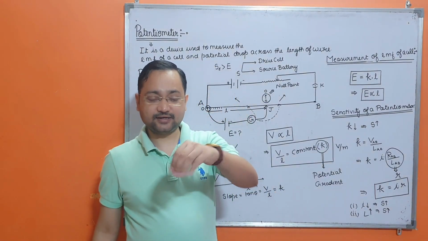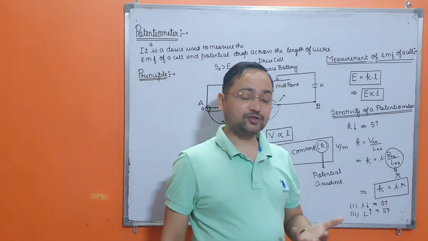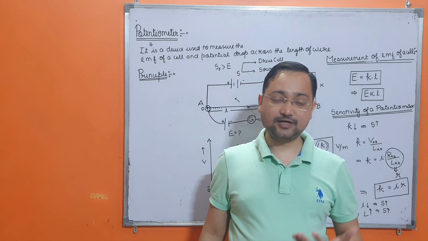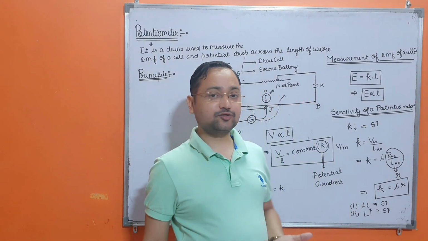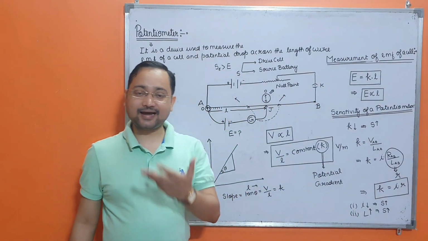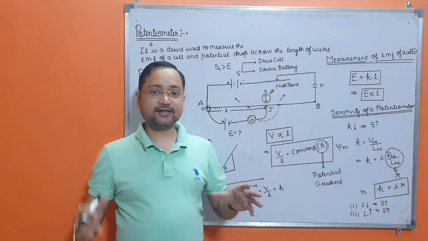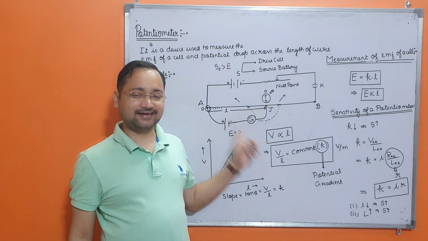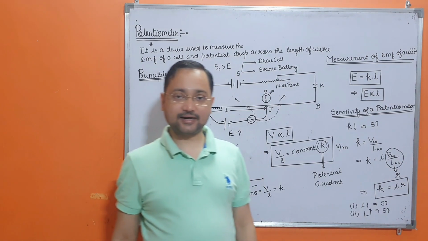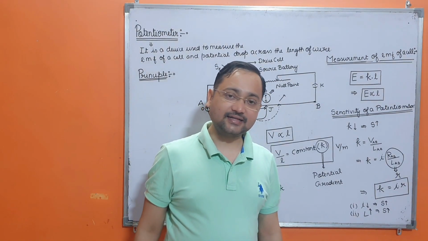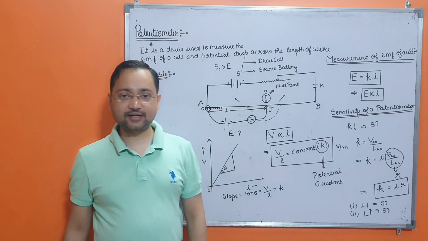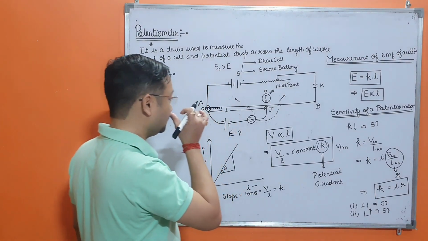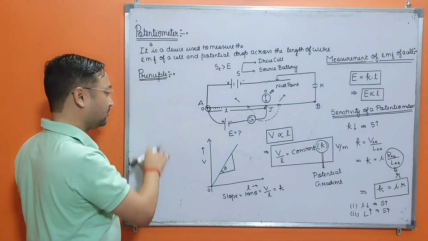So if in the exam it is asked that between a potentiometer and a voltmeter, which one you will prefer for measuring the EMF of a cell, we will prefer the potentiometer, because at the null point no current is drawn from the cell. It means there is no potential drop due to the internal resistance of the cell, and we get the true value of the EMF. This is the reason the potentiometer acts as an ideal voltmeter. So this is another theory question.